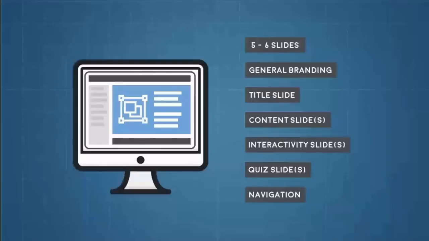Or they go, well, is that what the background's going to look like? It's just white. And I go, no. There's going to be a background. This is just to help them understand the navigation. And they don't get that. Unless you're working with subject matter experts that have an understanding of e-learning and they're prepared to look at a wireframe objectively, I don't like to do that. I like to show a more polished prototype.